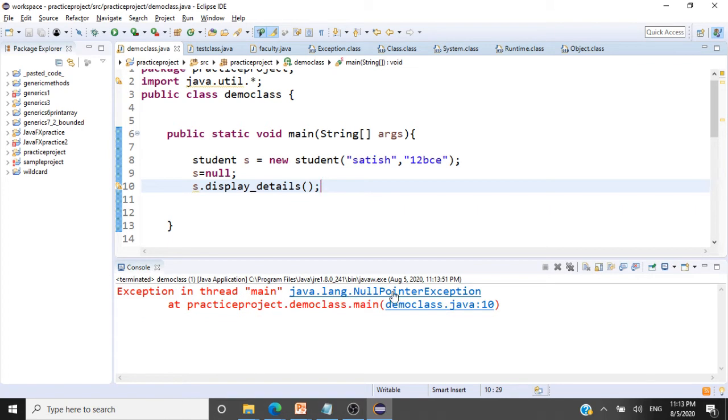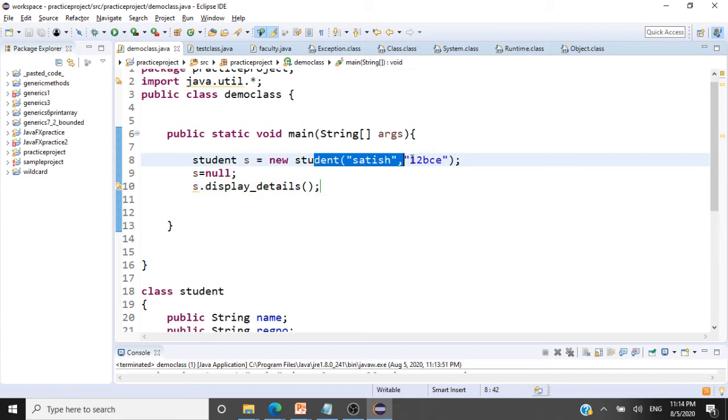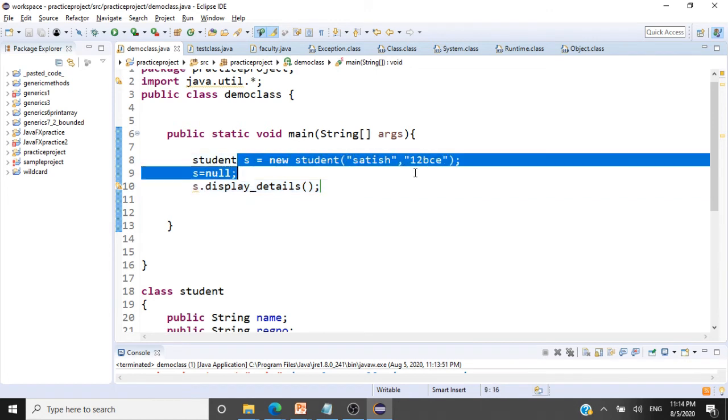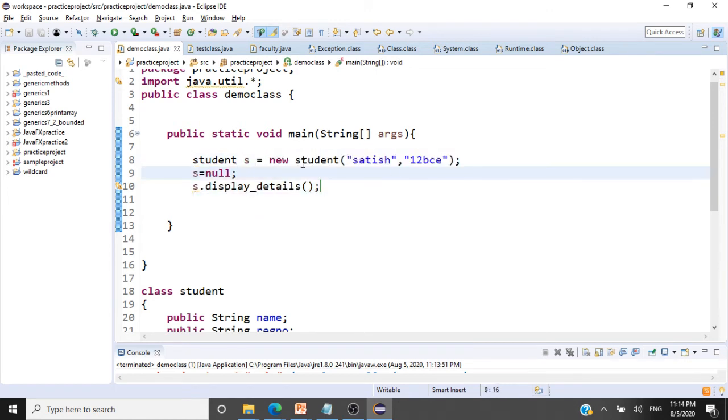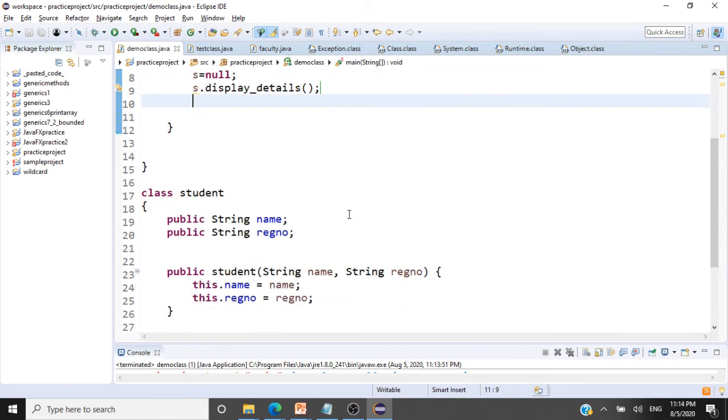See, the null pointer exception has arisen because there is no reference to this object on the heap. Now it is becoming an unreferenced object that will not be used any further. So the garbage collector should collect such objects that don't have a reference. And when you discard this object, you can call the finalize method.